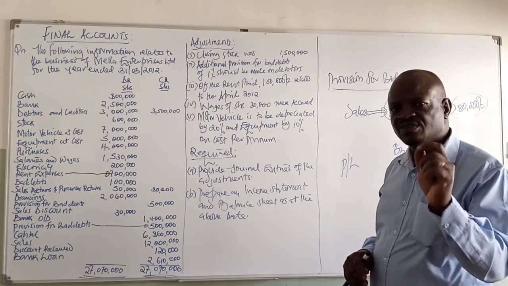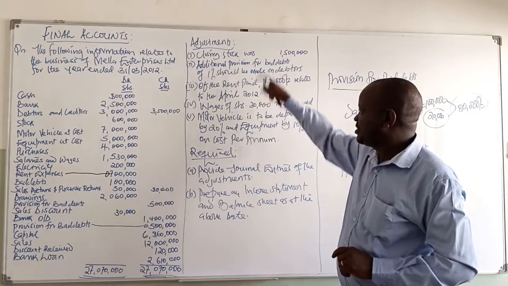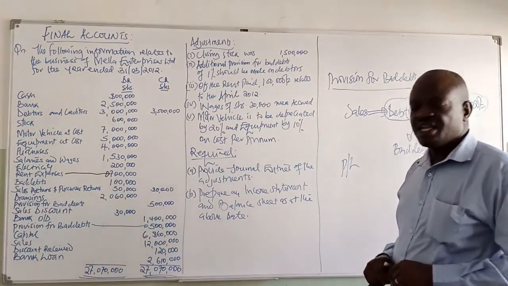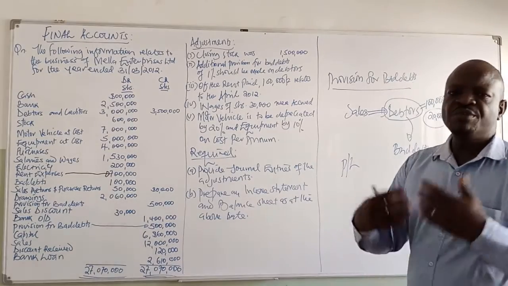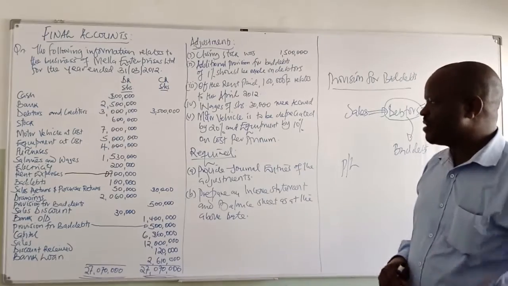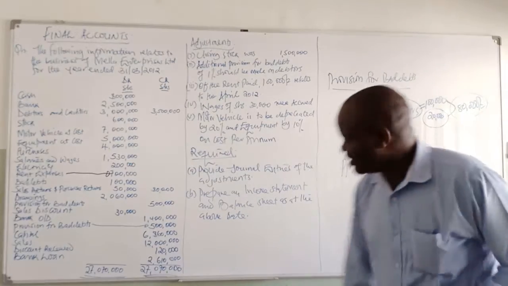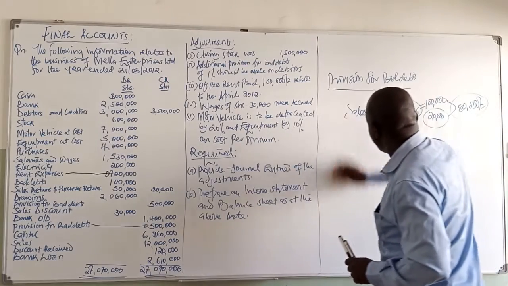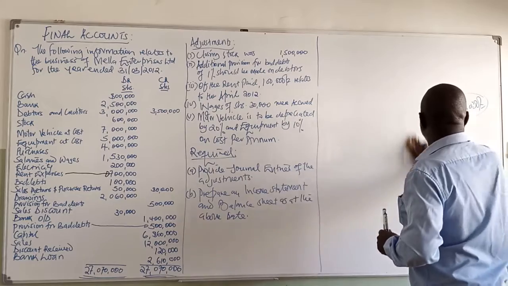So today's focus is going to be put mainly on how to make journal entries for these adjustments. The remaining, like income statement and balance sheet, you will be able to do it at your own time. And then we see how we do with that. Therefore, let us see how do we prepare the journal entries